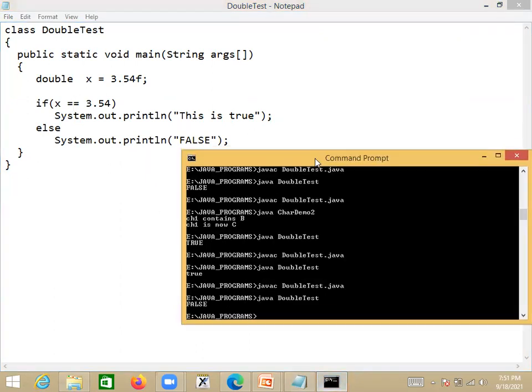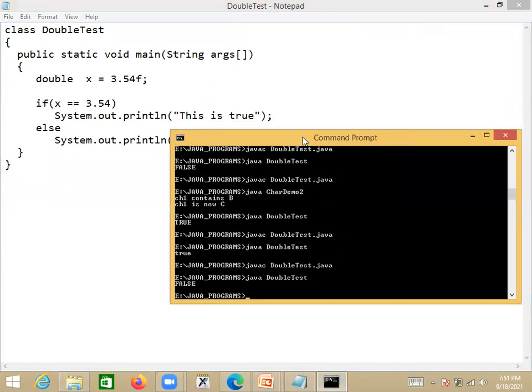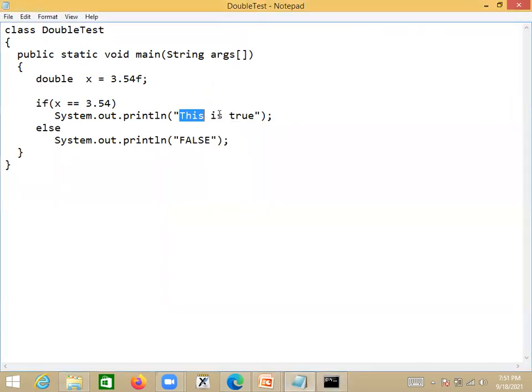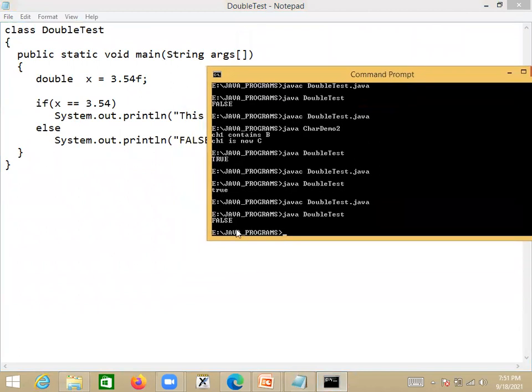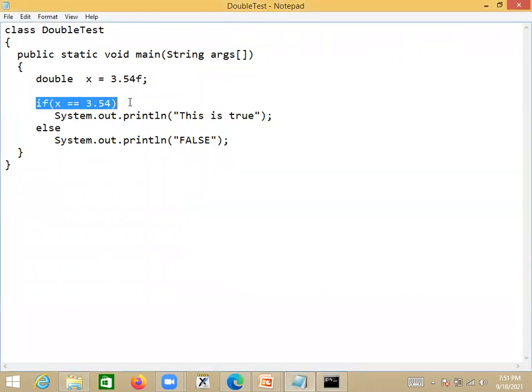I changed this, that's why, if it is true, it has to print this message. But here I got false. So after the small lowercase letter f, I executed, then I got false. That means this condition is becoming false here.